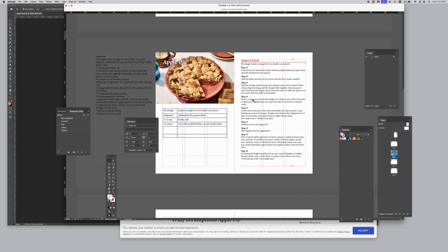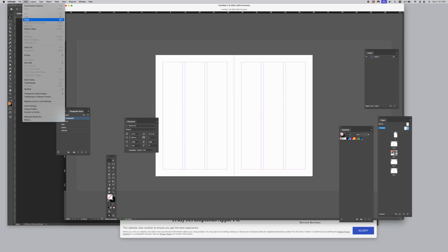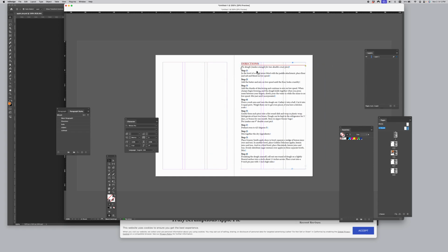So if I copy this, hit Command C, and I double click on my parent, they used to be called master pages, now they're parent pages. And if I paste this, and I place it so it's always going to be on the right hand side,